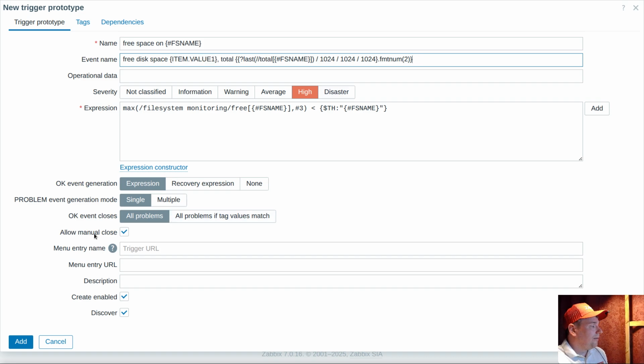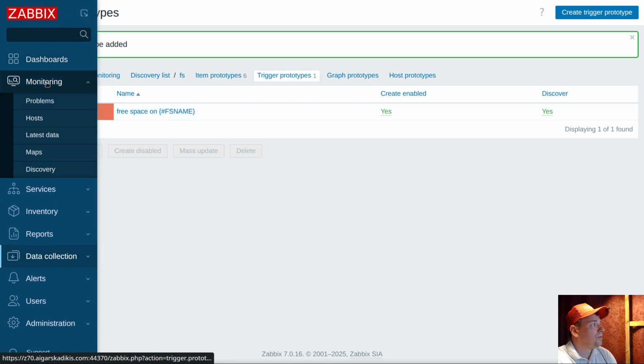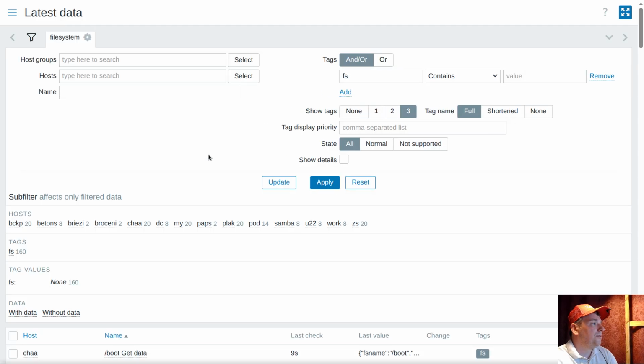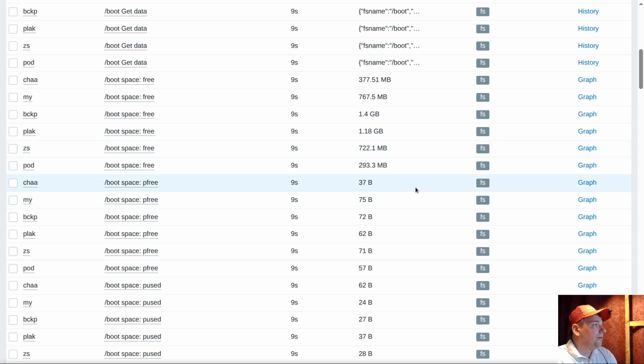Okay, that is everything. To fire up the trigger much faster, let's use only one value, add, and in the next 30 seconds the triggers will be created for all of the host objects, and then after another 30 seconds a few of the hosts will go into the problem state, because free disk space on some of the servers is already